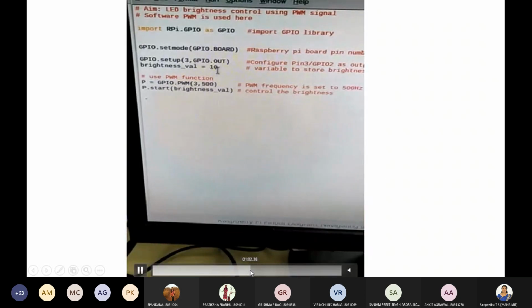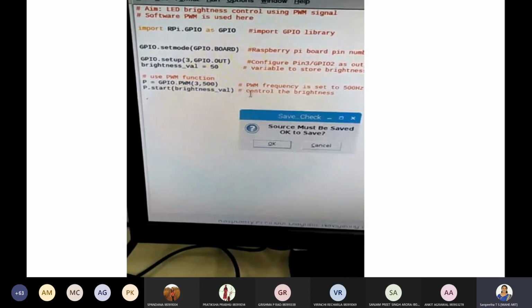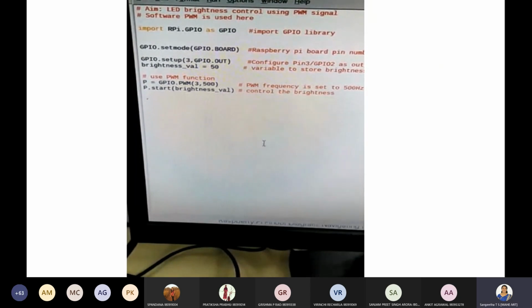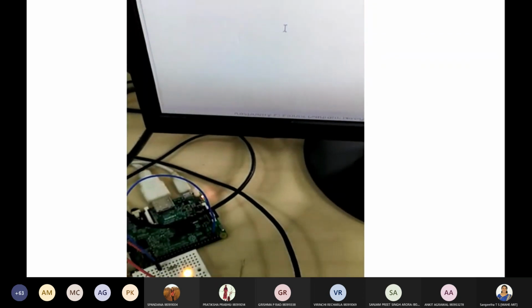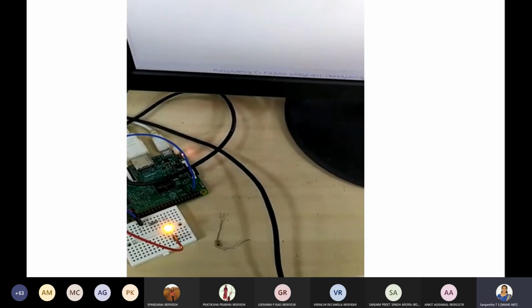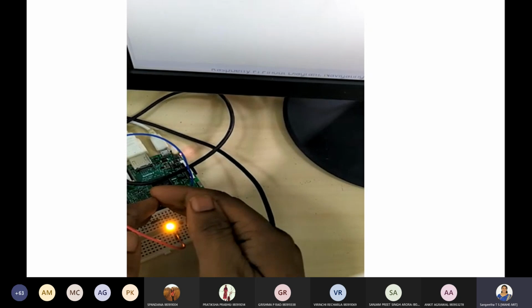This is the initial brightness. Now when you change the brightness, say the brightness is changed to 50, that means 50% of the duty cycle is going to be high. So the intensity, you can see, is more now when compared to the previous case.